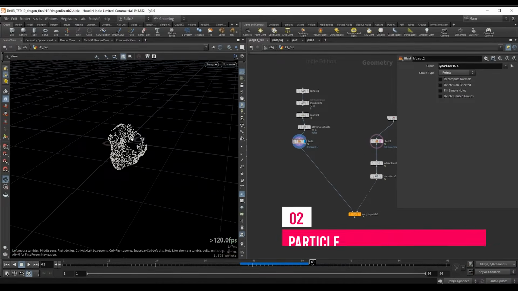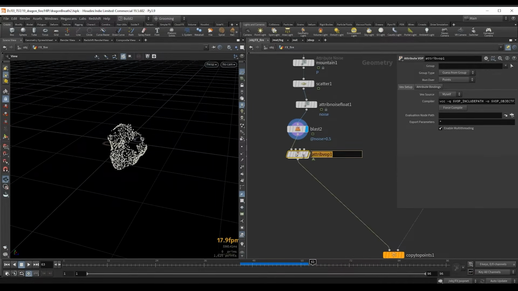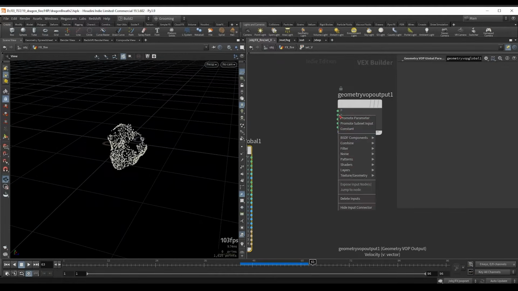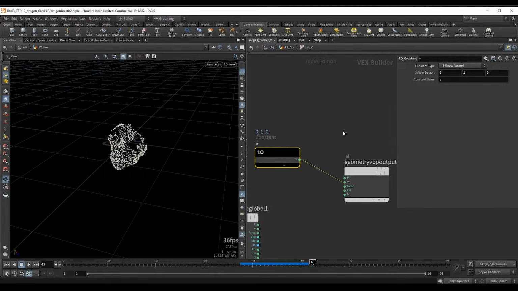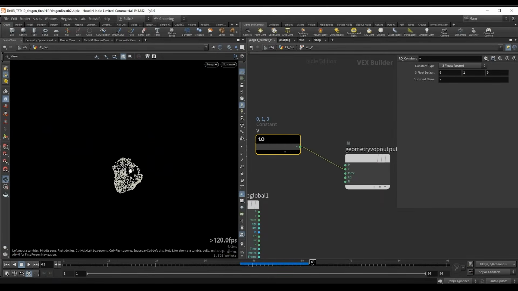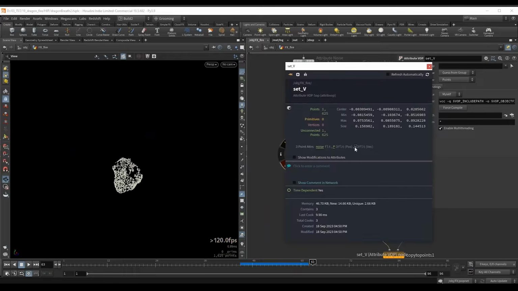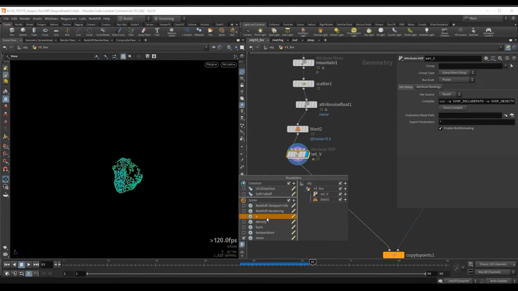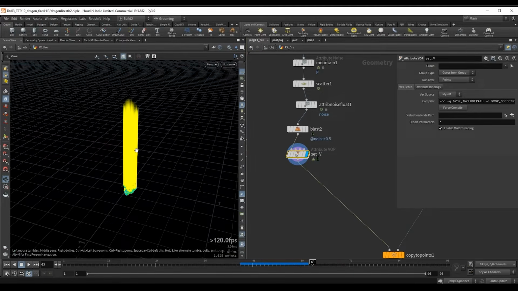And now let's take care of our velocity vector. So let's just start with an attribute VOP, and let's rename this to set V. If I step inside, let's just promote our V to a constant value, and let's just point this up. So if I set this V vector to 0, 1, and 0, we should just have a vector that points completely up. We can also create a visualizer for this. If I select this V over here, and let's turn on our visualizer, let's go to our V. This automatically created our point trails, so this is our current velocity.